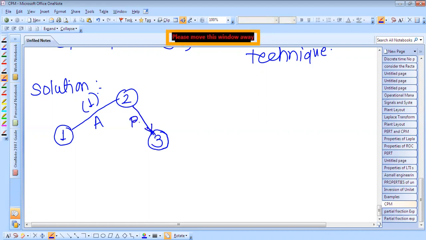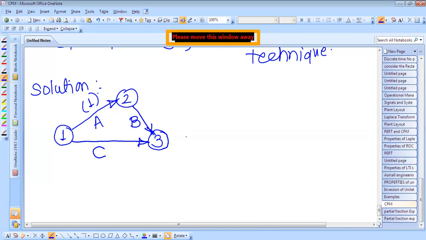The arrow is shown like this. So this is the arrow diagram. First is order the material for the tank. Second is await the delivery of the material. Third is collect tooling equipment for the tank fabrication. Meanwhile, we have to collect the tooling equipment from the market or the store of the organization. So this is the activity for collecting the tools and equipment for the fabrication of the tank.